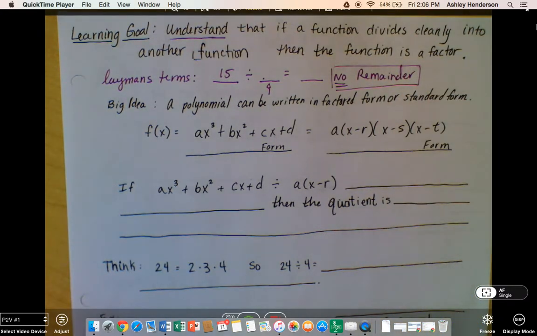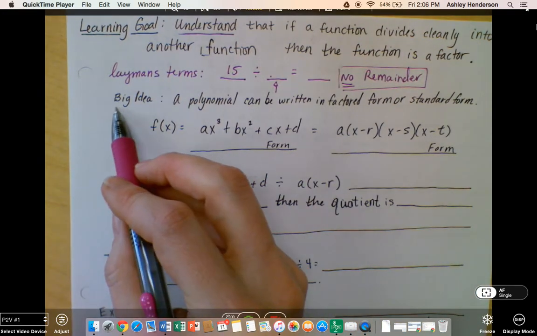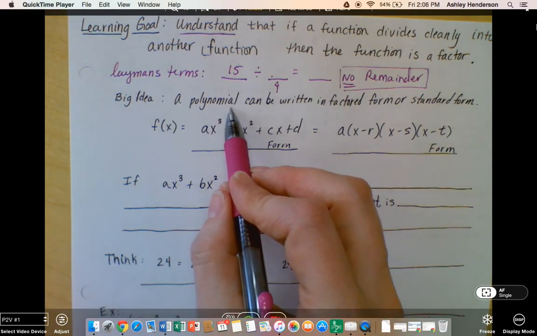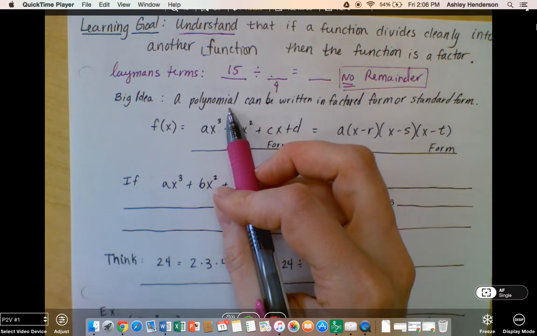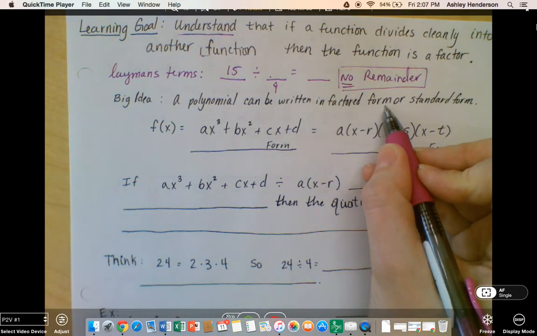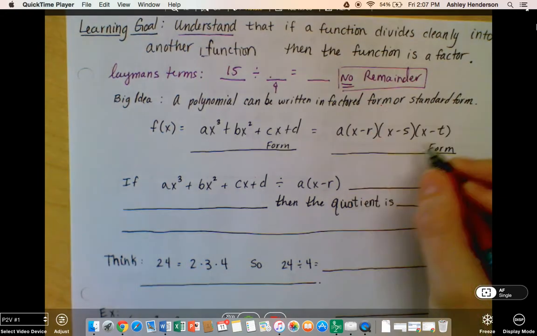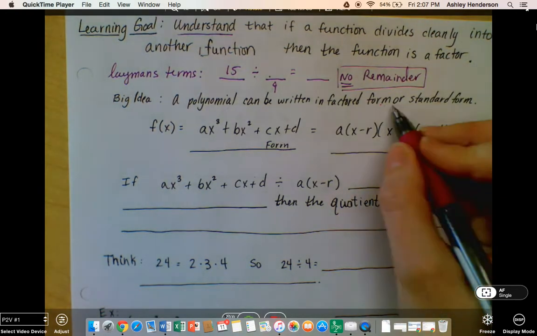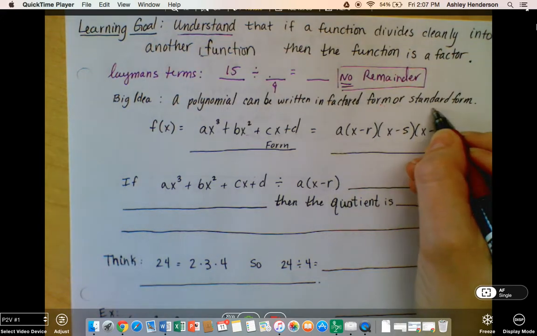What does that look like? Well, in this case, we're going to look at how we could use this idea. So let's take this big idea approach here. Polynomial in any form, a linear, a quadratic, a cubic. If it factors into pieces, if it breaks up into pieces, that's referred to as factored form, like this. Or if we multiply it all the way out, it can be written in what is referred to as